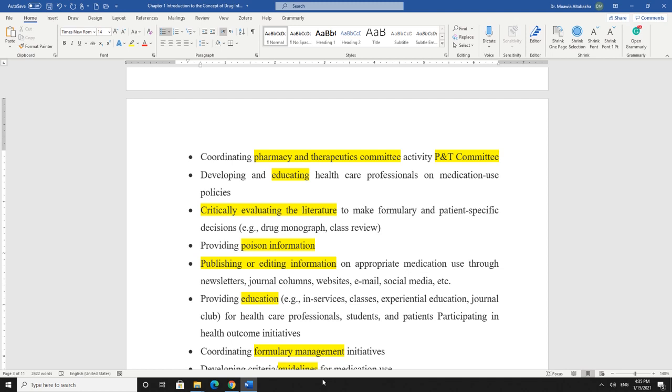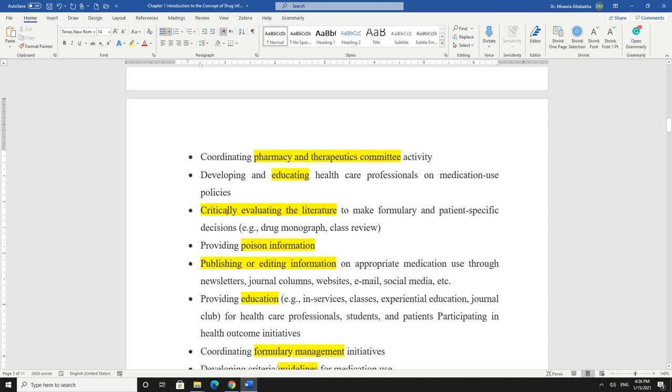Okay. Of course this is very important if they want to add a new drug to the formulary. Formulary means, let me say, the medications used in the hospital, or approved medications to be used in a certain practice area such as the hospital. Okay, so this is a very important committee.